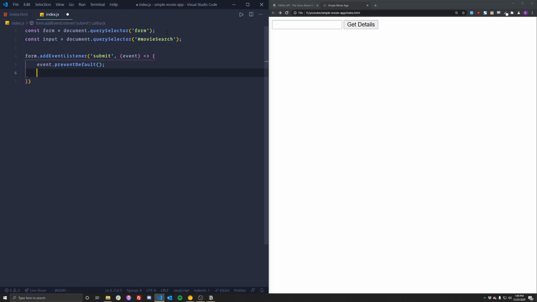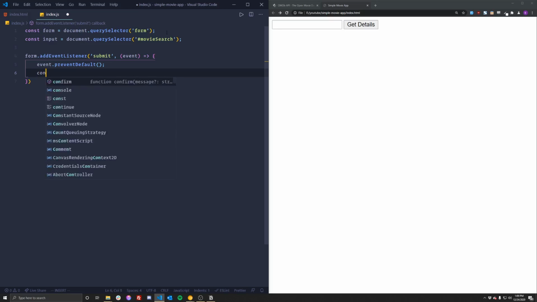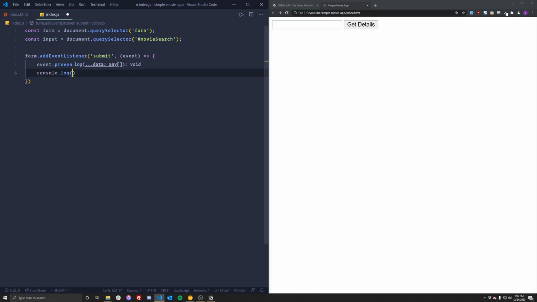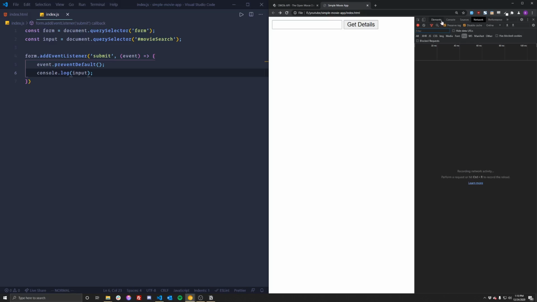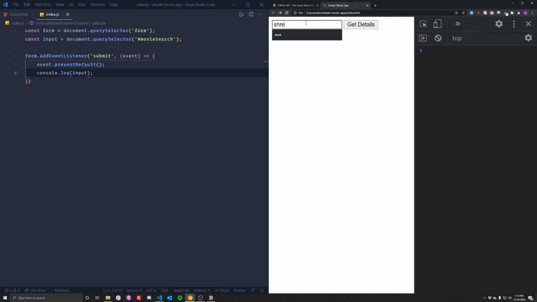And just to see if this is working correctly, we will just console.log input here. So now whenever we submit this form, if we go to our console, which I'll zoom in here, if I type in Shrek, well, actually, it's not even going to pull out Shrek because we're not grabbing the value. So if I do input.value, now what will happen is when we log input.value, it's going to grab the